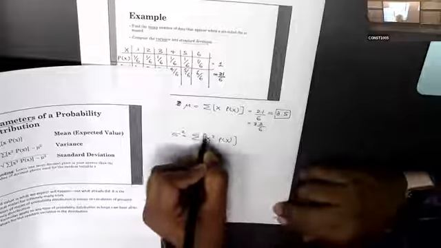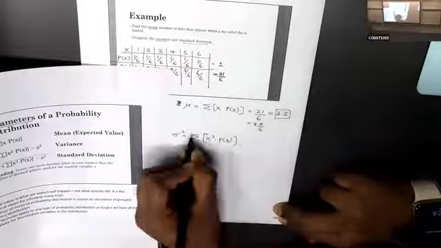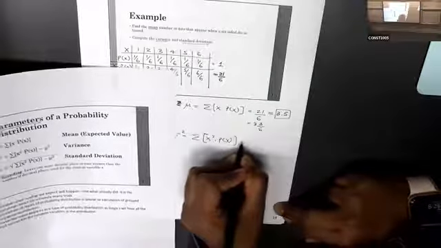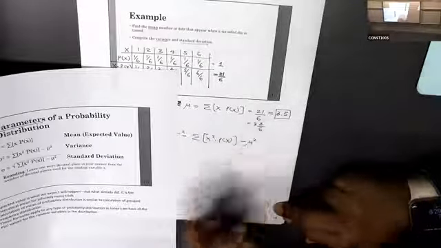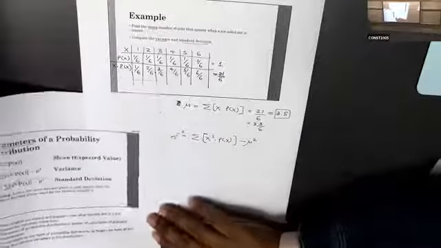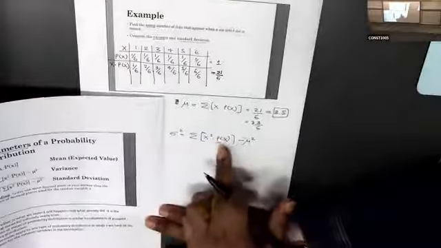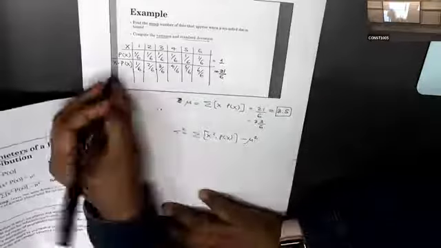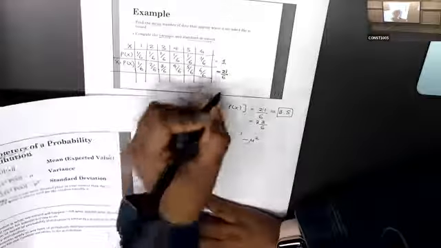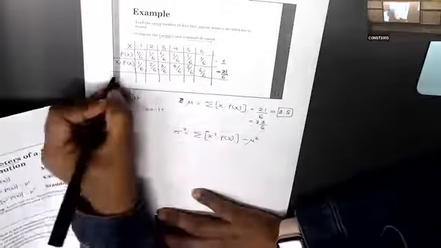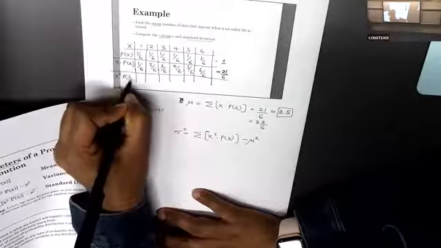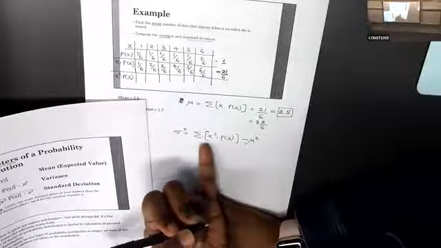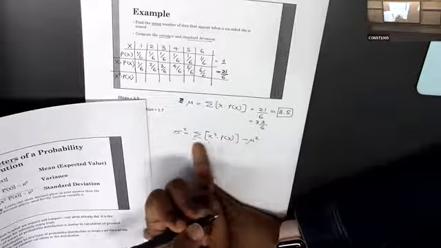So that if you see it's like square brackets, this part is 1, because summation for this part. Then finally subtract mean squared. To get this one, we have to construct this row, the next row, x squared times px. Why are we going to write this row name? Because we need to get the addition of that value. You have to add them all.